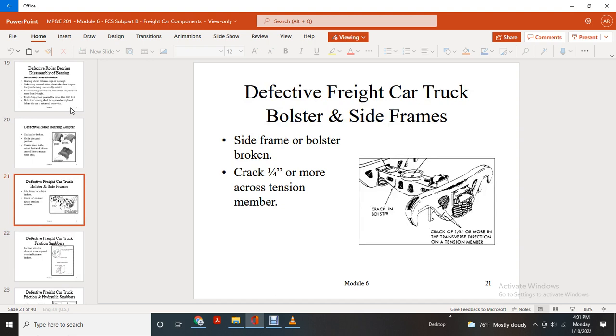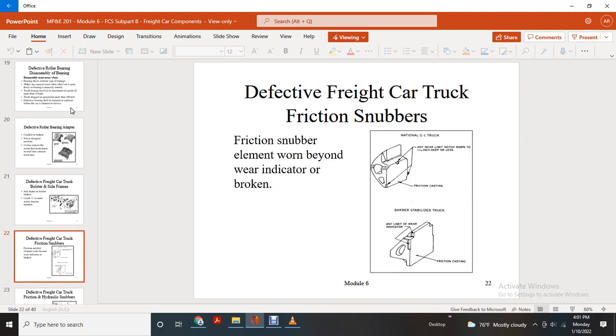Defective car, truck, or bolster, side frame, or bolster broken, crack a quarter inch or more across the tension member, and show the cracking position in the bolster, crack a quarter inch or more in the tension member, transverse direction on the tension member. Defective freight car, friction snubbers elements beyond the wear indicator, broken, show the anywhere limited, not national C1